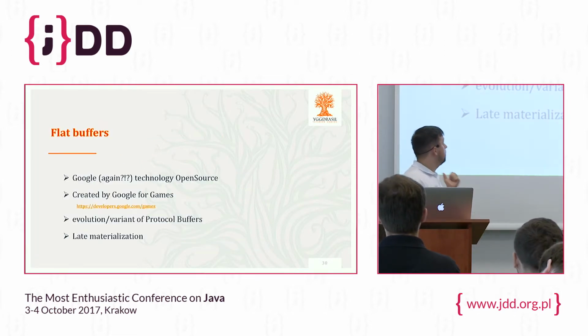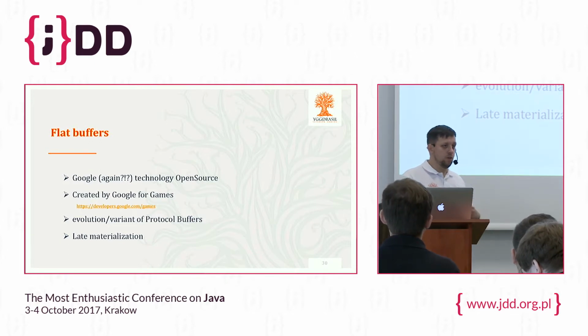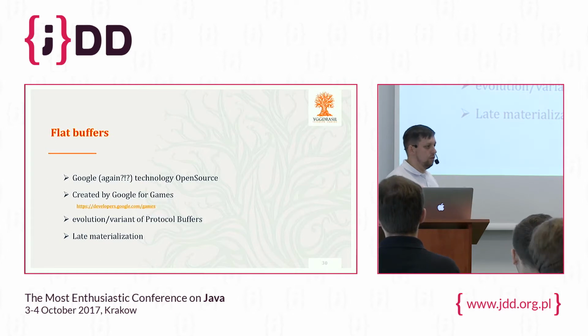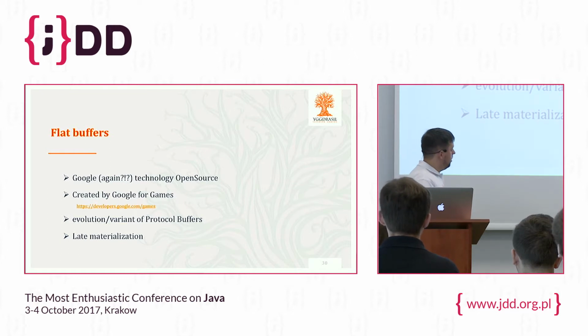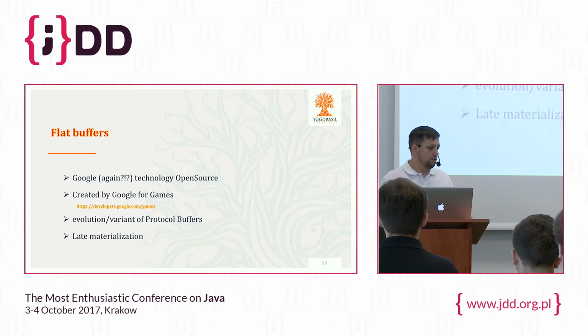So what are Google FlatBuffers? Google, again, technology, but right now open source. They do not provide only the paper, but the whole technology, especially that they're using in Google for Games, the very crucial component of Google infrastructure that allows developers to start coding on games and the communication between them. This is actually a variant of the protocol buffers, very similar technology to Thrift. So you're defining the schema, and then you can serialize from different programming languages